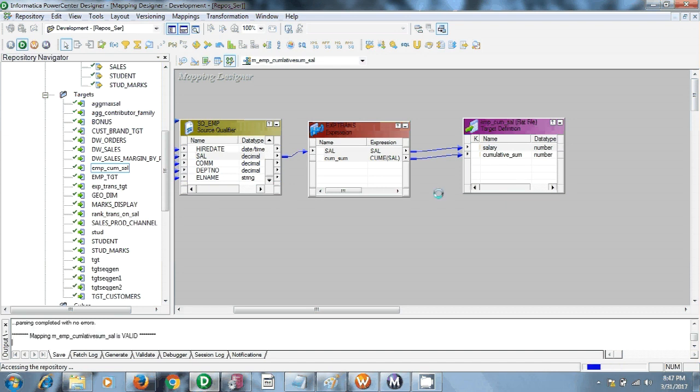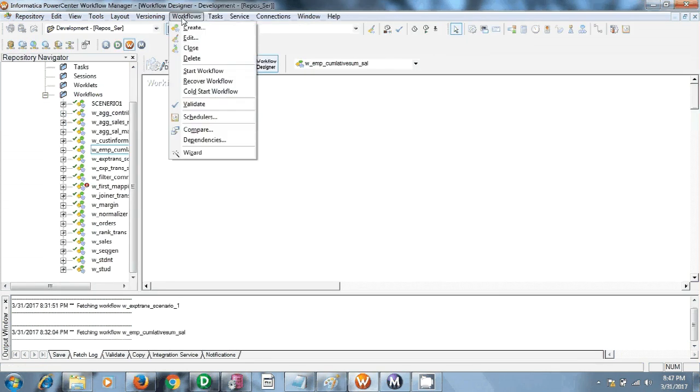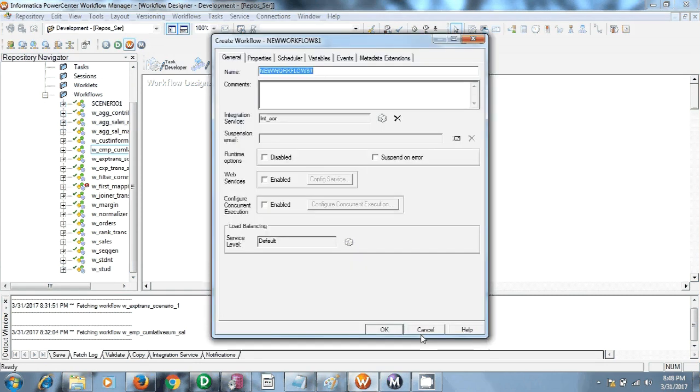Then go to your Workflow Manager, where you have to create your session. Create a workflow, give the workflow name and click OK.